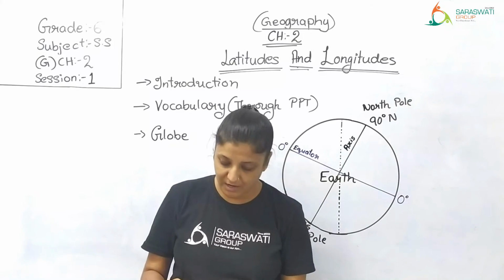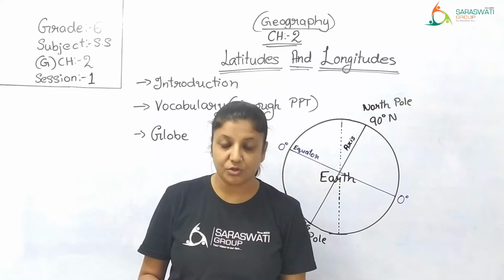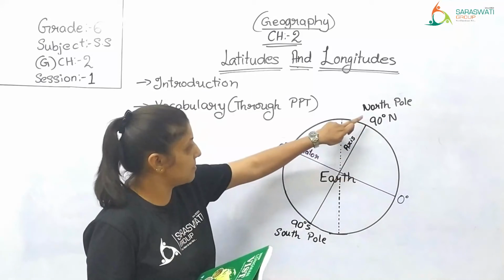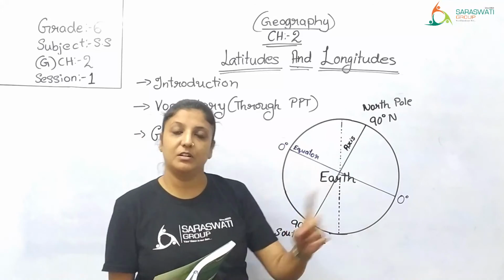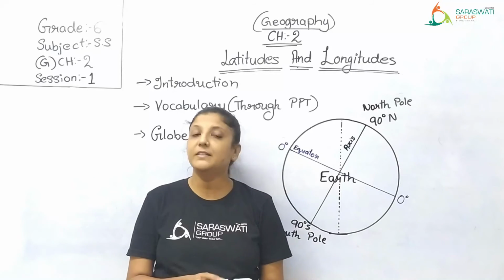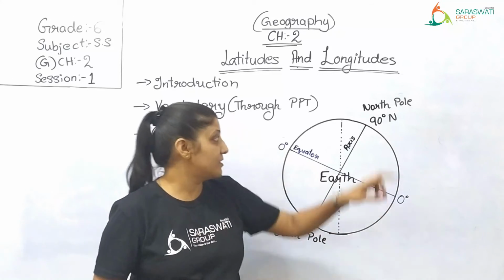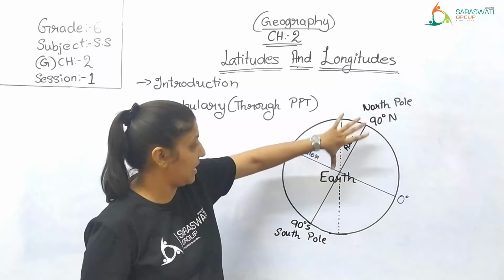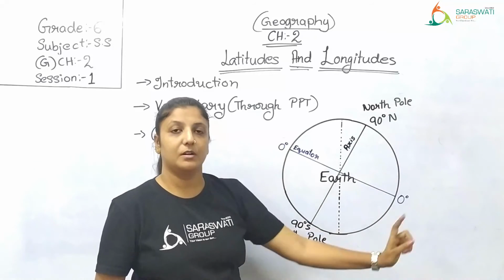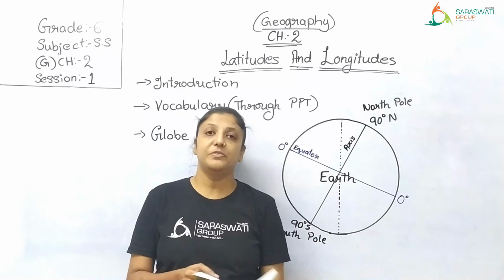The imaginary line on which our earth rotates is called its axis. This is the imaginary line on which our earth rotates and it is called its axis. So the axis, that is north pole and south pole, are fixed and the rest of the earth rotates from that part.